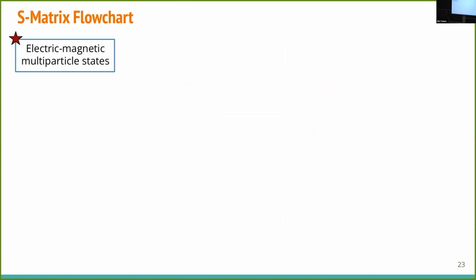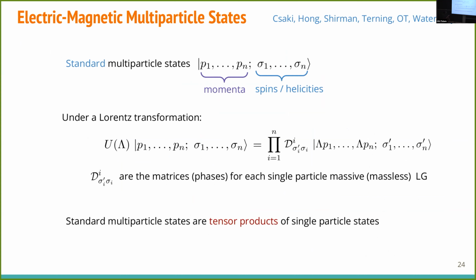All right. So, like we said, the usual multiparticle states that we know are characterized by momenta and single particle spins and helicities. So these are just complete tensor products of single particle states. I can ask, how is the Lorentz transformation represented with a unitary representation on these quantum states? Well, you have the Lorentz transformation acting on the momenta, and you have extra factors which might be SU(2) matrices or phases, depending on whether it's a massive or a massless particle. And this is a product over just the individual particles. So there's no pairwise connection between different particles in the multiparticle state.